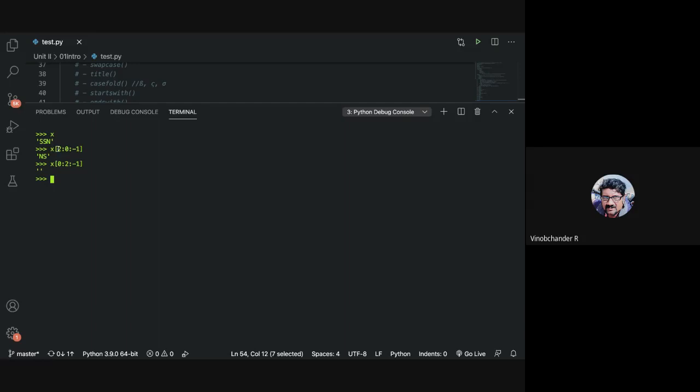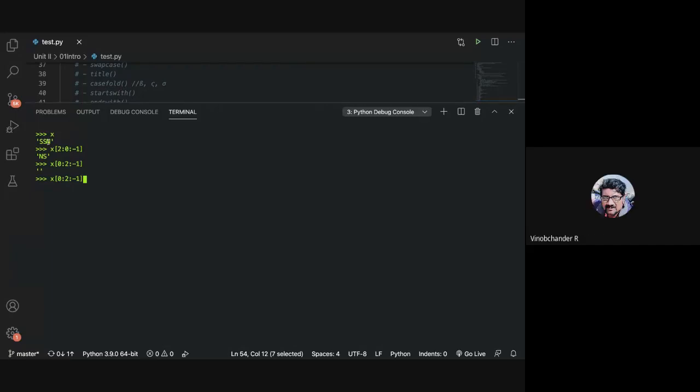Now let us come and say this. You start with 2. So 0, 1, 2, which is your n, right? And your ending position is 0, but then you are asking to go backwards with a step count of -1, right? So essentially it is n. Makes sense? What about the other S, sir? The other S is not going to be printed, right? Okay, sir. If zero, now it will take one less than zero. Understood.